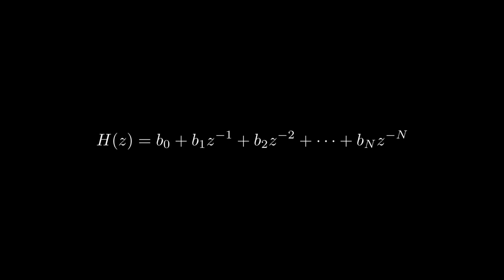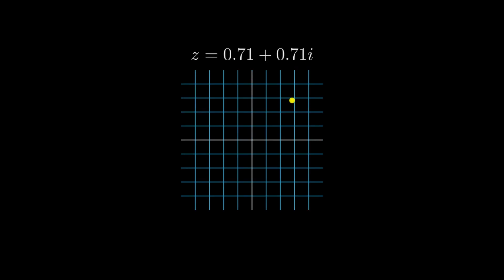H(z) is called the transfer function of the filter. The transfer function describes how the input frequency spectrum is modified by the filter. Before we try to understand how the transfer function works, we should first understand what z represents. For the purposes of this video, it's enough to say that z can be any two-dimensional number in the complex plane. For audio signals, however, the only z values in the complex plane that matter to us are the ones along the unit circle.